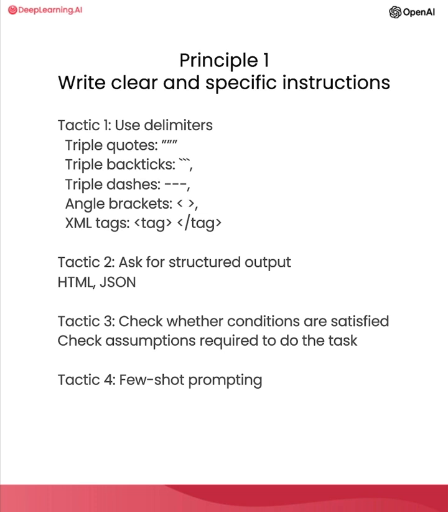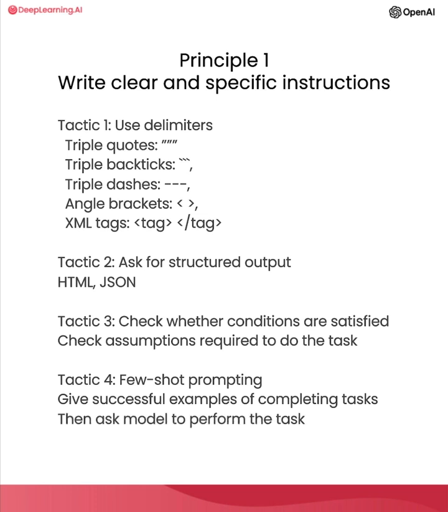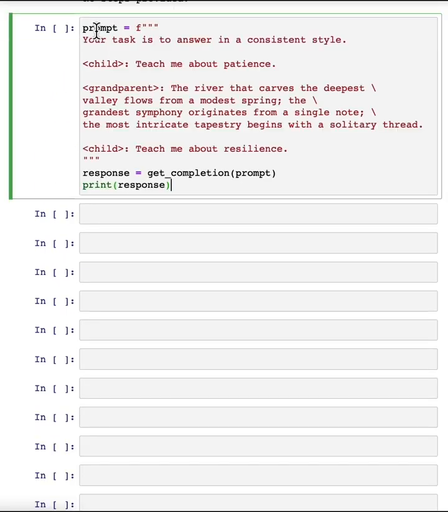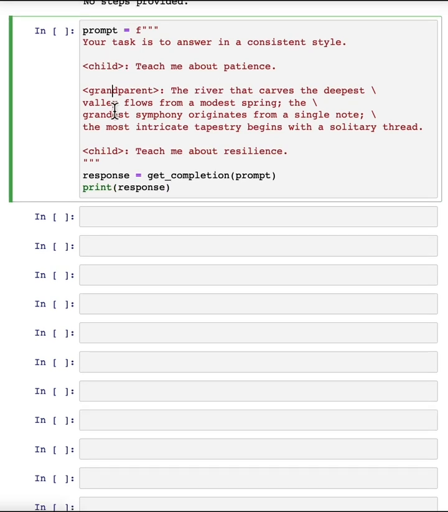So our final tactic for this principle is what we call few-shot prompting. And this is just providing examples of successful executions of the task you want performed before asking the model to do the actual task you want it to do. So let me show you an example. In this prompt, we're telling the model that its task is to answer in a consistent style. And so we have this example of a conversation between a child and a grandparent. The child says, "Teach me about patience." The grandparent responds with these